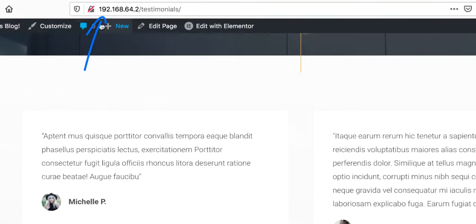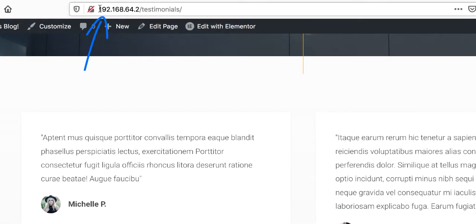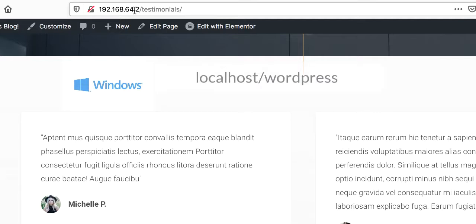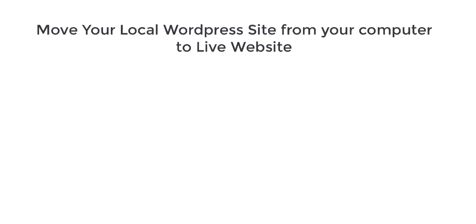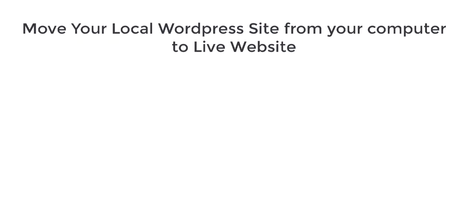And as you can see up here, the IP address is a local IP address, and because I'm using Mac, it's a local IP address here. If you're using Windows, you probably have localhost/WordPress. So in order to move your local WordPress site from your computer to live website, the first step is